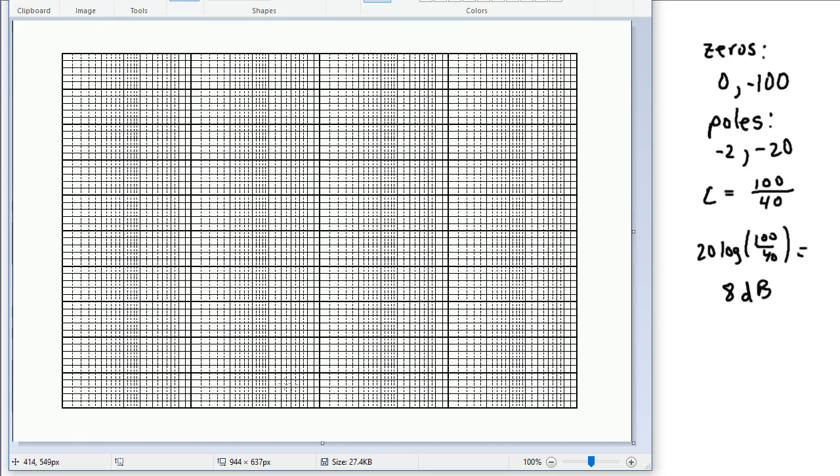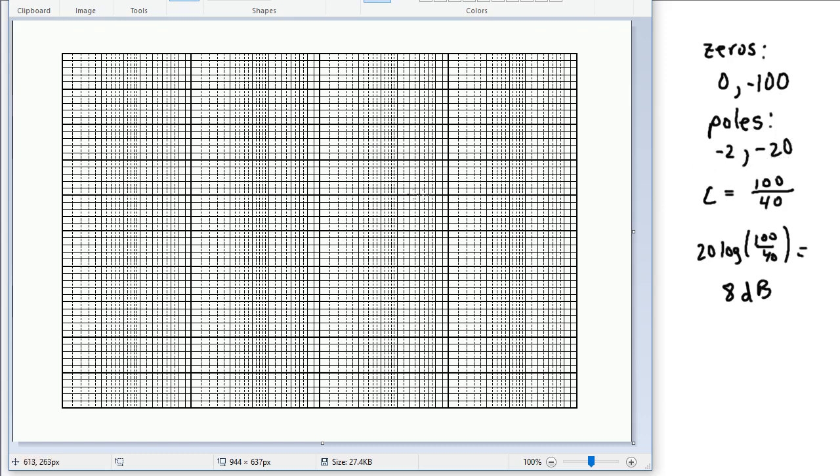These darker lines correspond to powers of 10. Labeling them appropriately, I want to pick values that encompass the poles and zeros in my graph. Again, I will never get actually to omega equals 0 on the graph, but I cover frequencies between 2 and